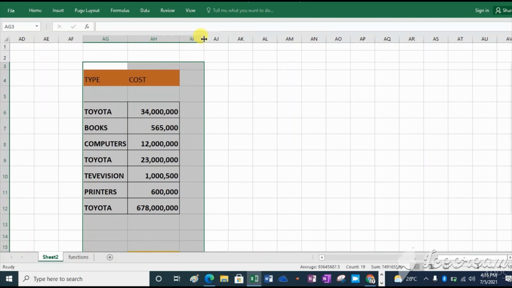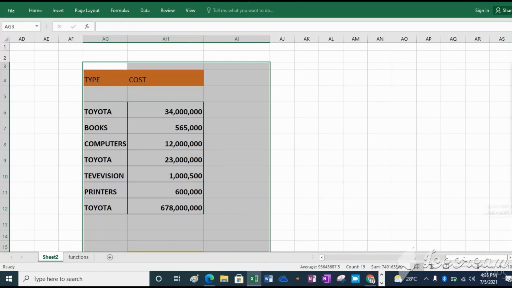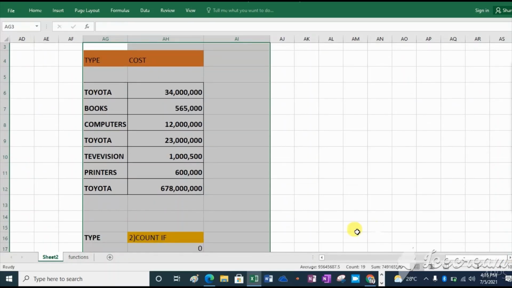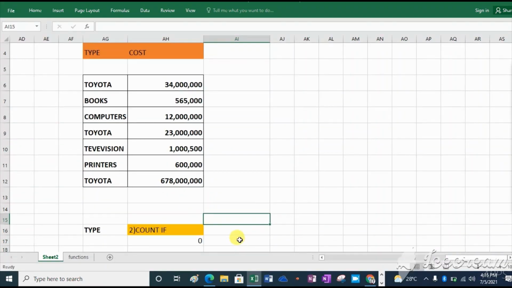For example, I need the second function, known as count if. What is count if? It is to count but with a given condition.